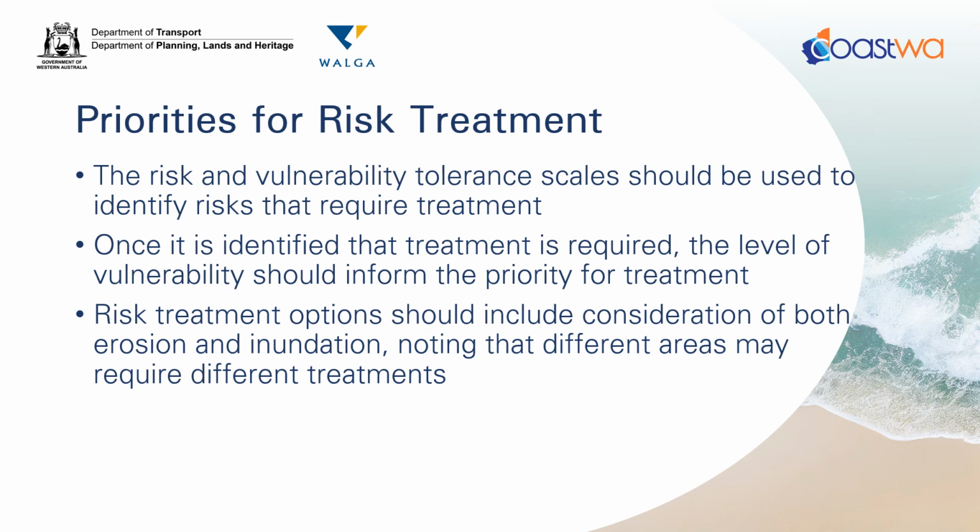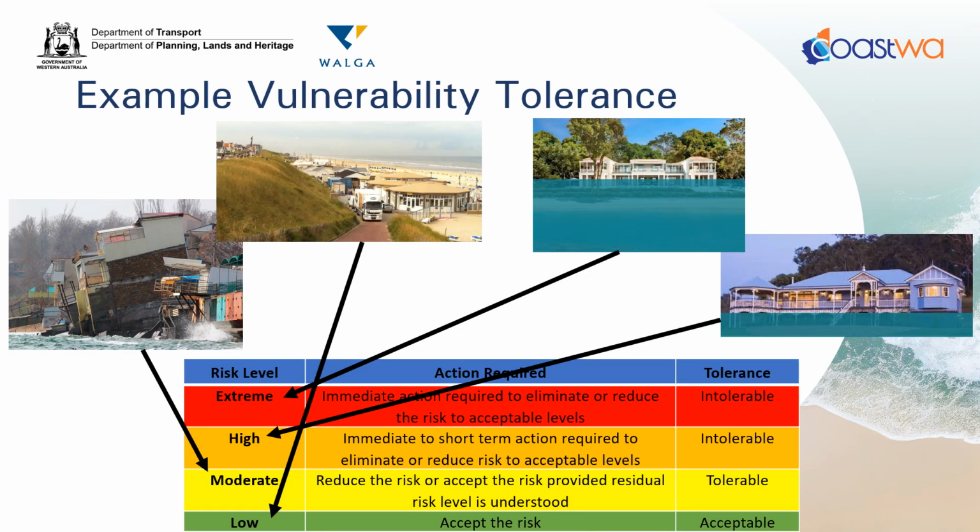So risk treatment options need to also be considered for both erosion and inundation. And you need to note that in different areas, there may be different treatment requirements as a result of erosion or inundation. So looking at our examples here again, we've got our vulnerability tolerance. So you can see where all of the different examples that we're talking about map in terms of the tolerance scale. But if we look at setting priorities of those, we obviously want to work from the more extreme levels down